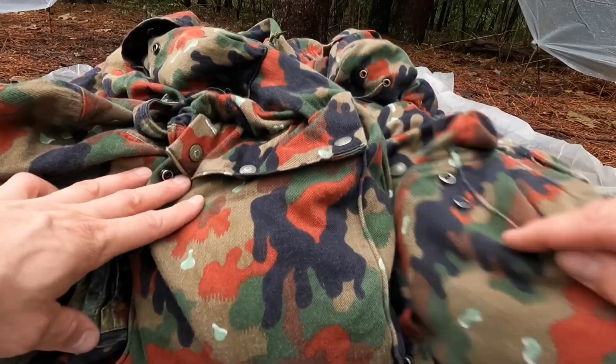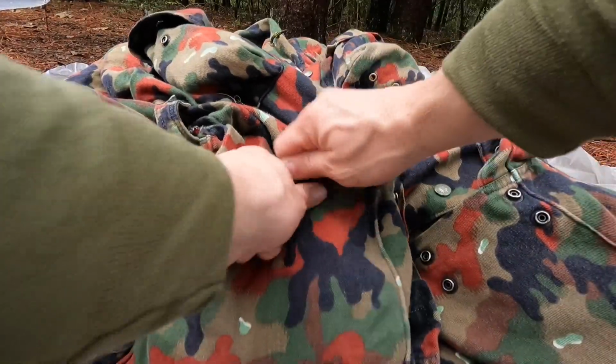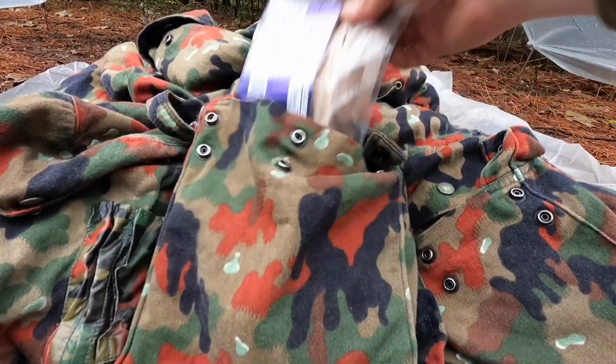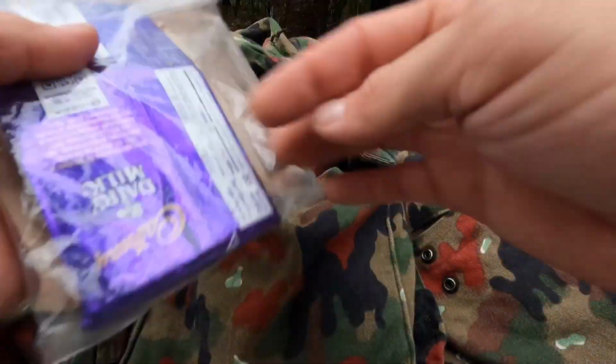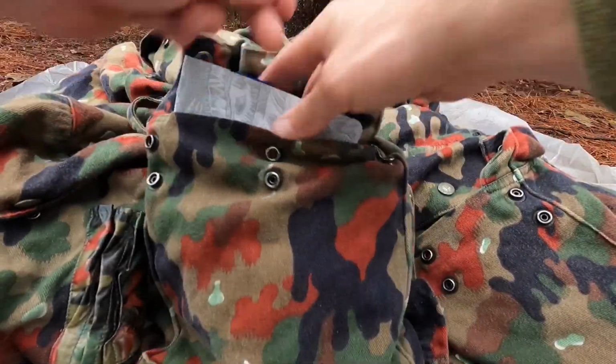All right, the pocket next to the East German mess kit pocket, where I have my mess kit, we'll open that up. And here is the food that I brought for this trip. I got some MRE cranberries, a chocolate bar, some oatmeal. And then for dinner tonight,